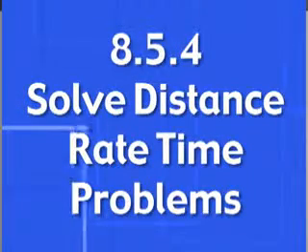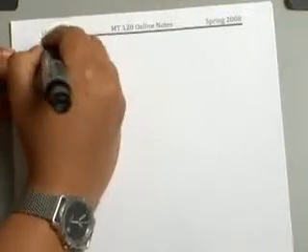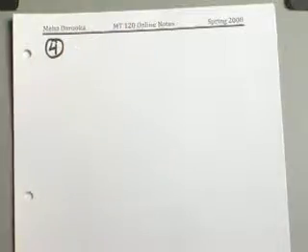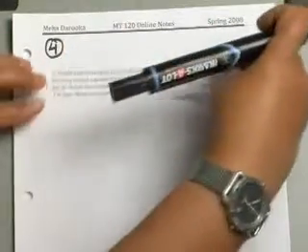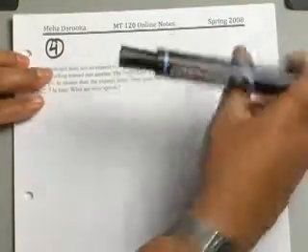Okay, let's go ahead and look at one last example on how to solve these application problems. In this example, we are talking about two trains. You have a freight train and an express train, and the freight train and express train leave towns